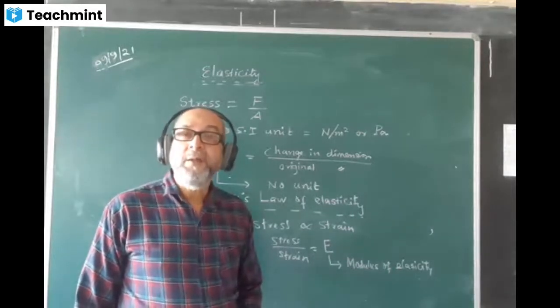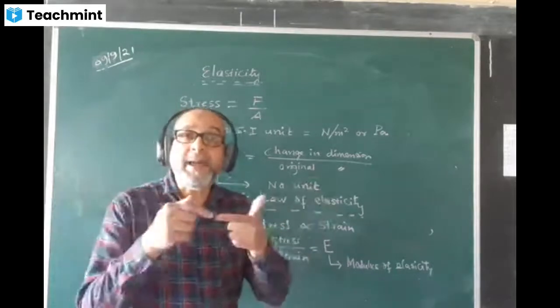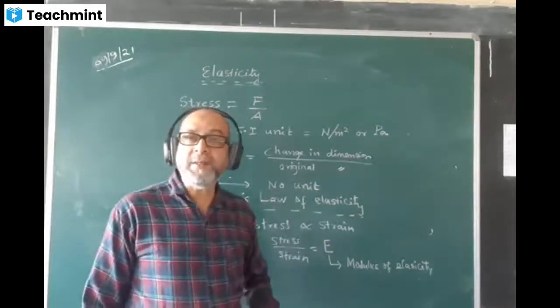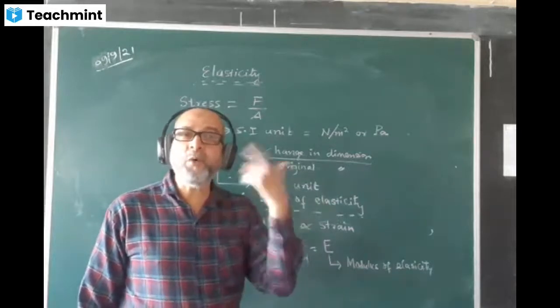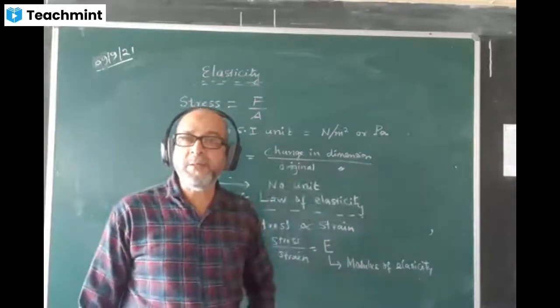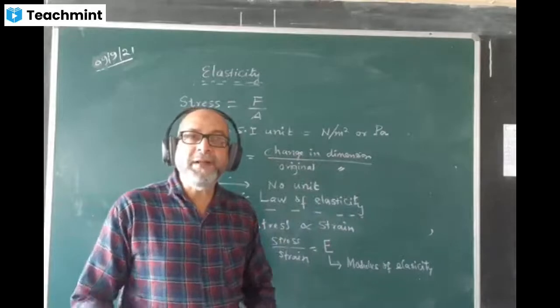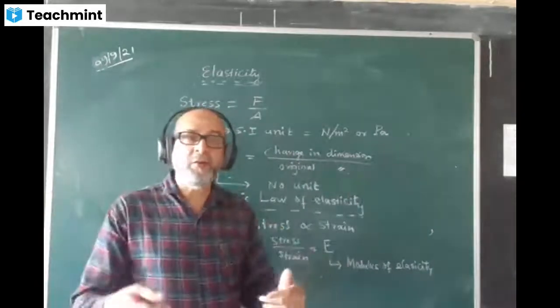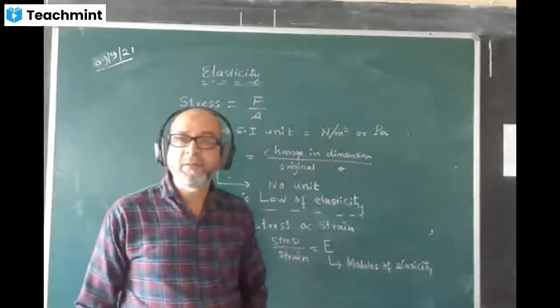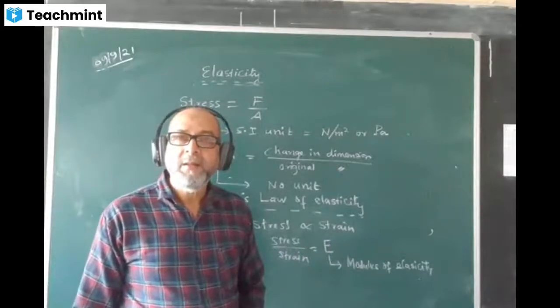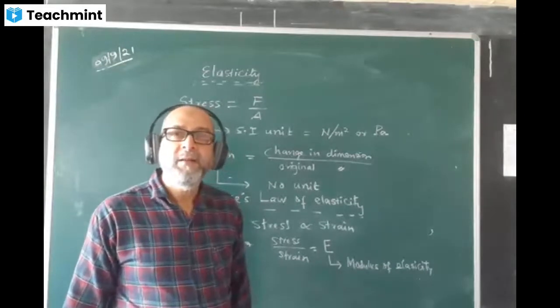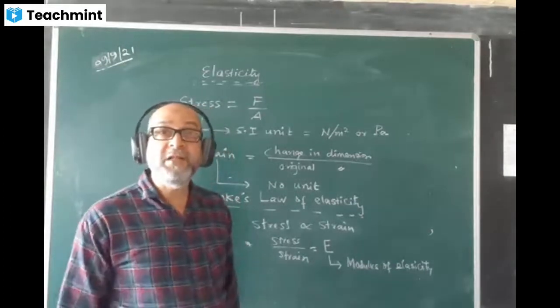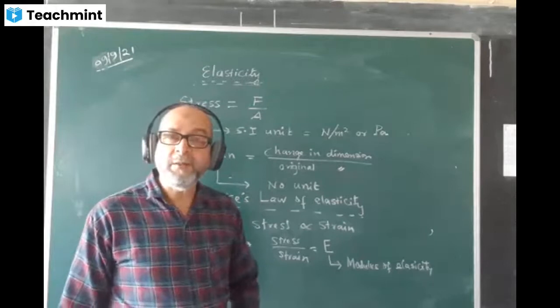Elasticity means more tendency to return back to its original shape and size. That is called elasticity, no? More elastic means more property of returning back to the original shape and size. It is not the property of getting more elongated or having more value of strength. It's not that. Now tell me which is more elastic. The answer is steel. Steel is more elastic than rubber.